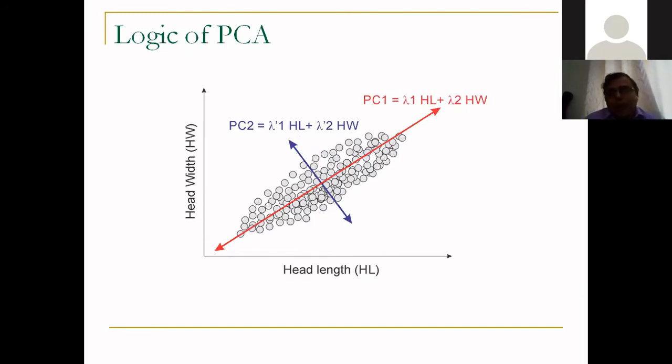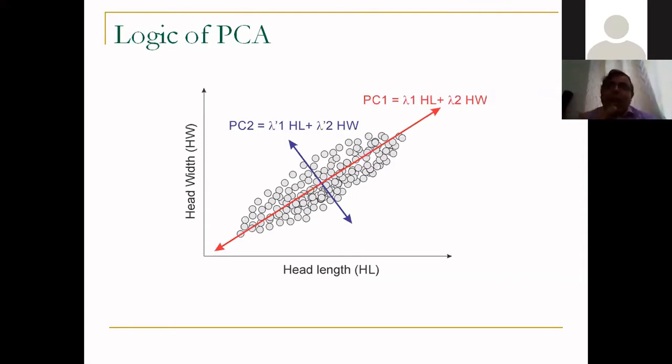Now obviously you will not realize the importance of PC1 just by looking at such simple two-dimensional data. When you have n-dimensional data, you are trying to create principal components in such a way that you explain most of the variation in the data using that principal component. So for example, if your first principal component explains 80% of your variation, then when you look at your data from the principal component 1 point of view, what you are looking at is actually 80% of the variation in the entire data.